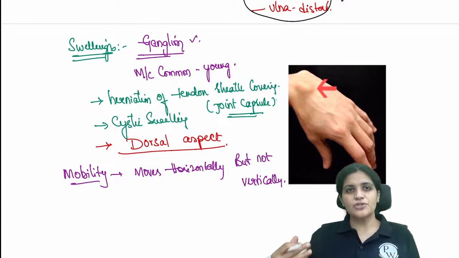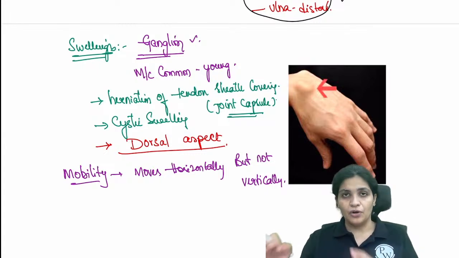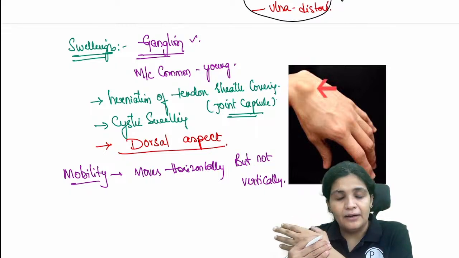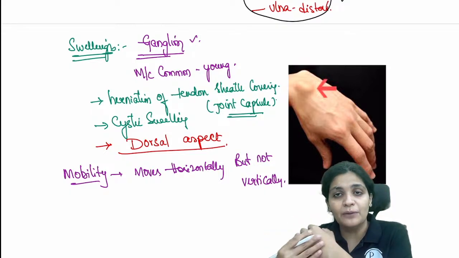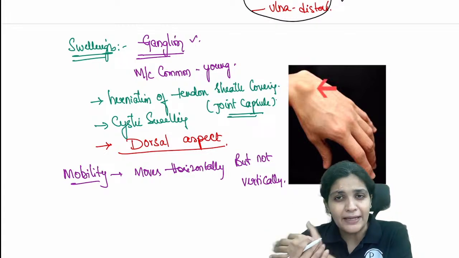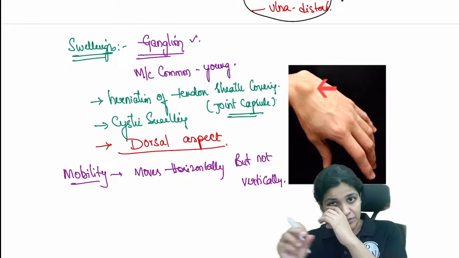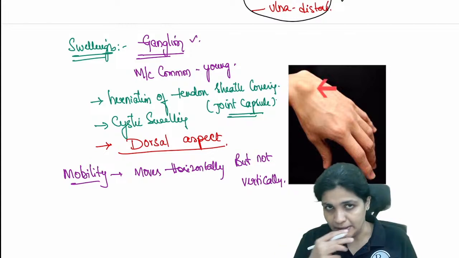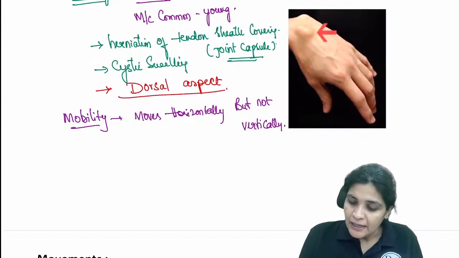So this is one of the most common swellings which we see on the dorsal aspect of the joint, and this is nothing but your ganglion. A ganglion is a cystic swelling which is just an outpouching of the tendon sheath or synovial sheath or joint capsule. It is filled with fluid. Now it can move horizontally, so it moves side to side but not up, because it is along the tendon sheath, right? And then what happens is,